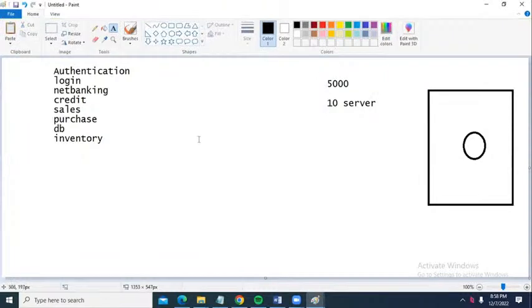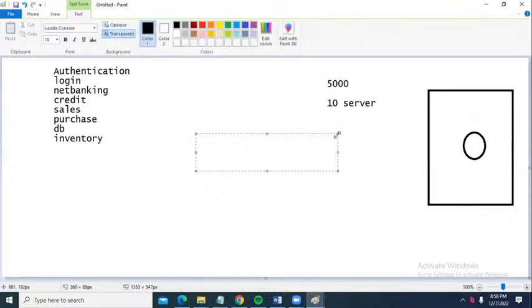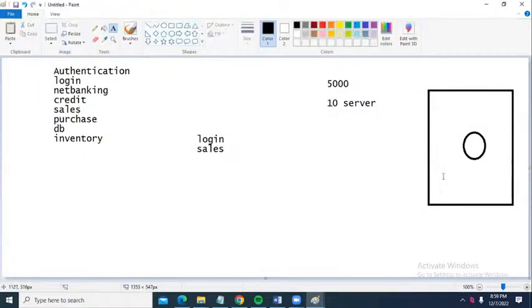But all services are not busy, right? At peak hours of sales, all services are not busy. Just imagine that the login service is busy and the sales service is busy. The remaining services are not heavily used. Just for the sake of the login service and sales module, is it a good idea to launch one more full-fledged virtual machine? Because every virtual machine takes high resources, right?